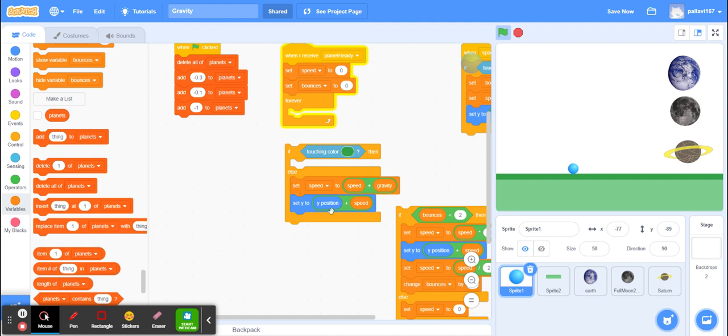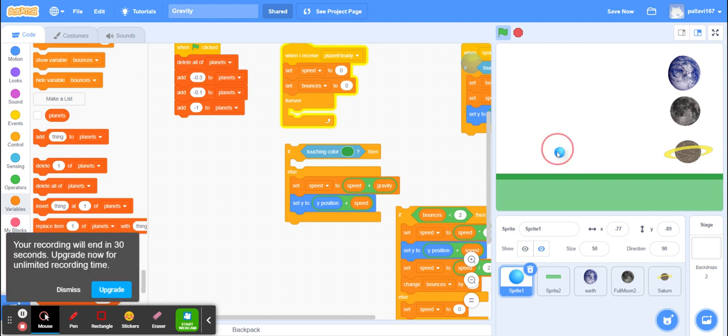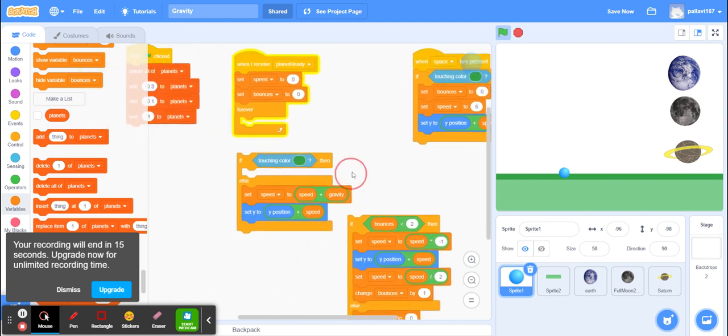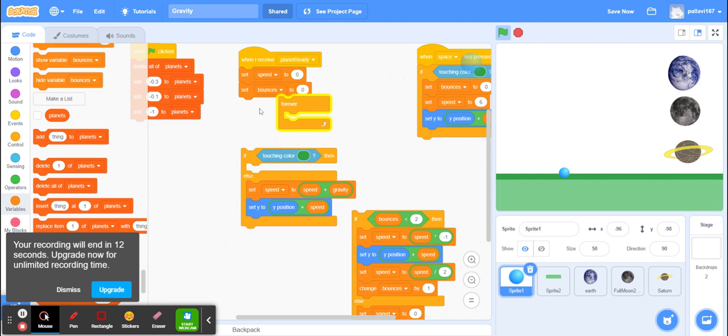Otherwise, else, what is happening is if the ball is not on the ground, then the ball is up in the air. And when it is up in the air, then it is in motion, it is in momentum. And that momentum is decided by this formula: speed is equal to speed plus gravity. Okay, so the speed is initialized to some number that I have chosen to be 6, and the gravity is basically the value that is mentioned in the list of that particular planet, and y position is going to be y plus speed. Okay, so it is in the downward direction or upward direction is going